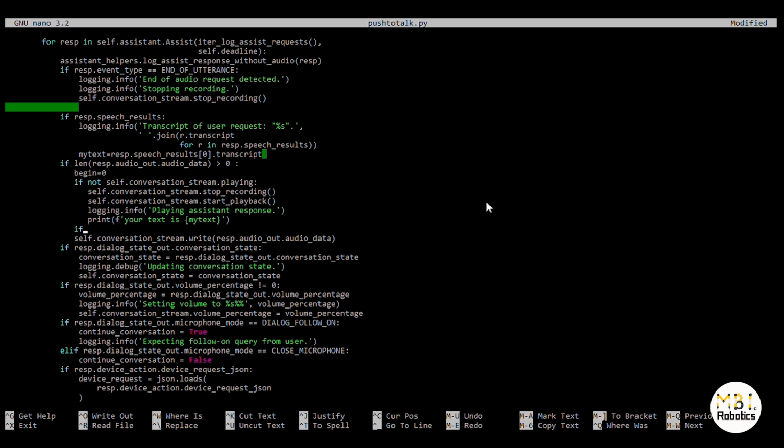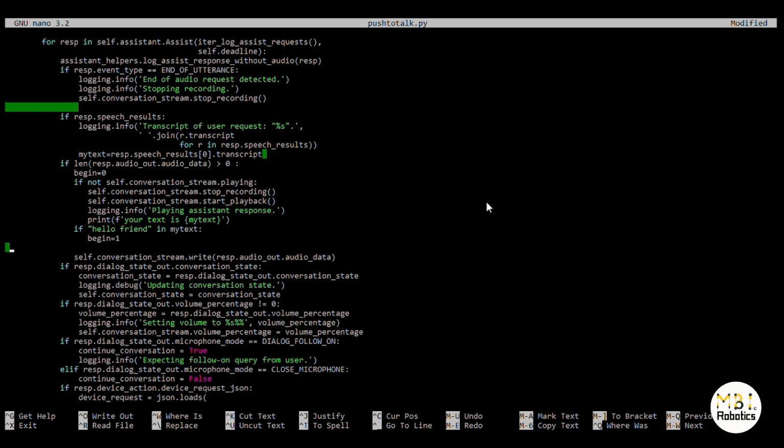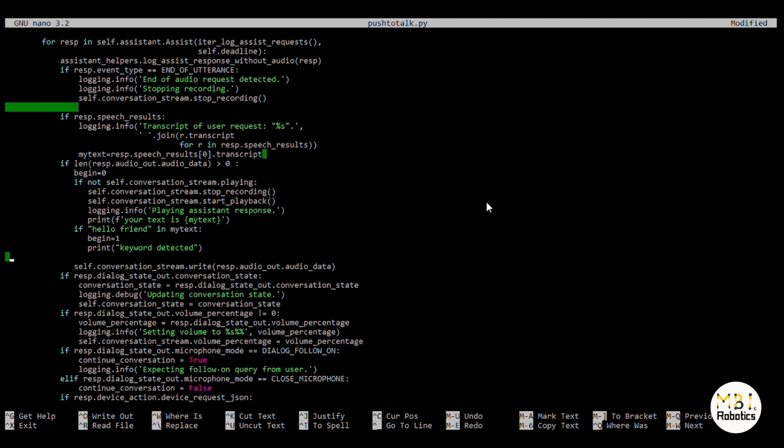Now we will see if our text contains the keyword or not. So I will choose hello friend as keyword, and you can choose whatever you want, in my text. Begin will equal 1, and it will print keyword detected. Else, if begin equal 1,